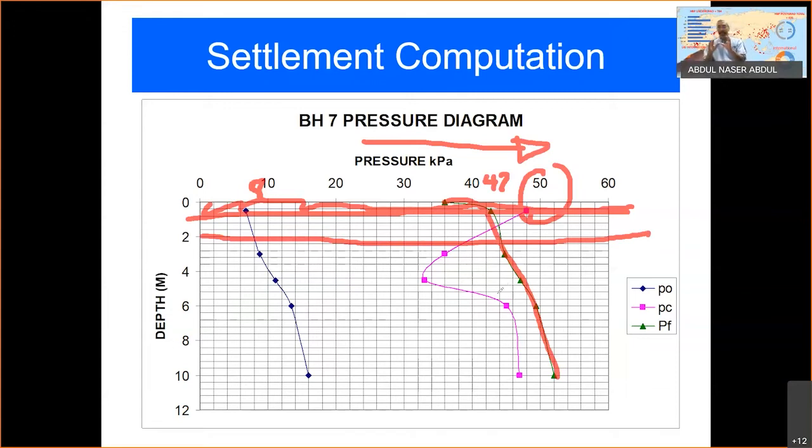So in this situation, meaning at a certain depth, you need to calculate